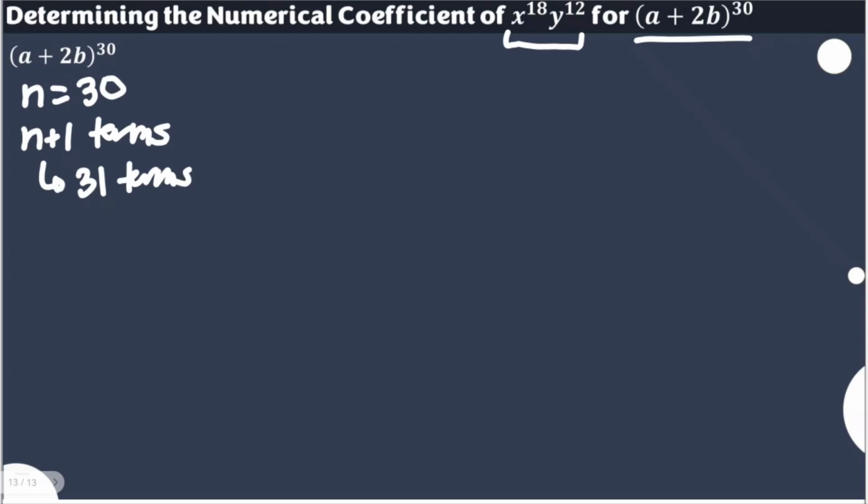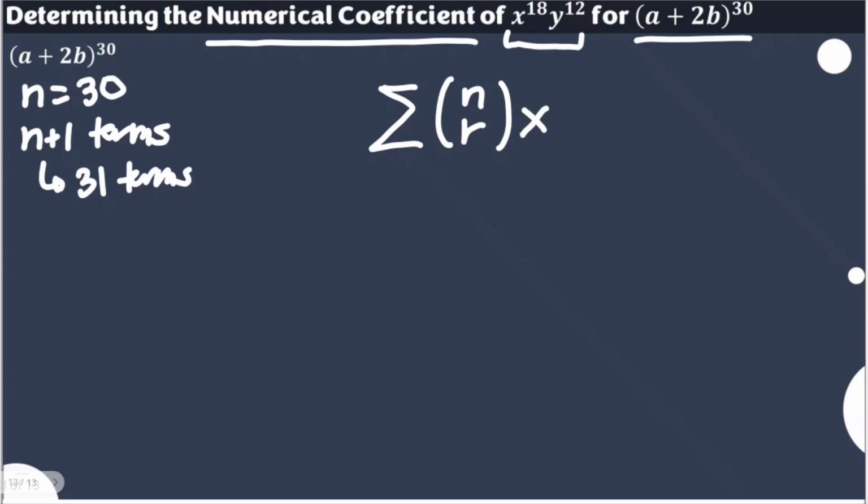But we don't need the actual expansion because we just need to give the numerical coefficient of x to the power of 18 and y to the power of 12. In short, simply plug that in here. So you will have the summation. This is the general, or condensed, form of the binomial expansion: n taken r, x to the power of n minus r, y to the power of r,